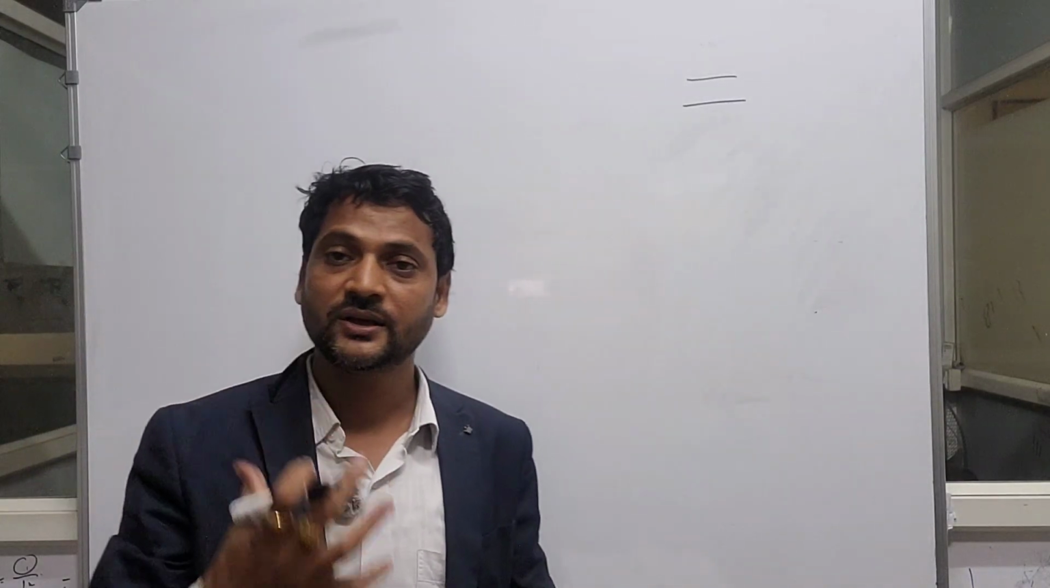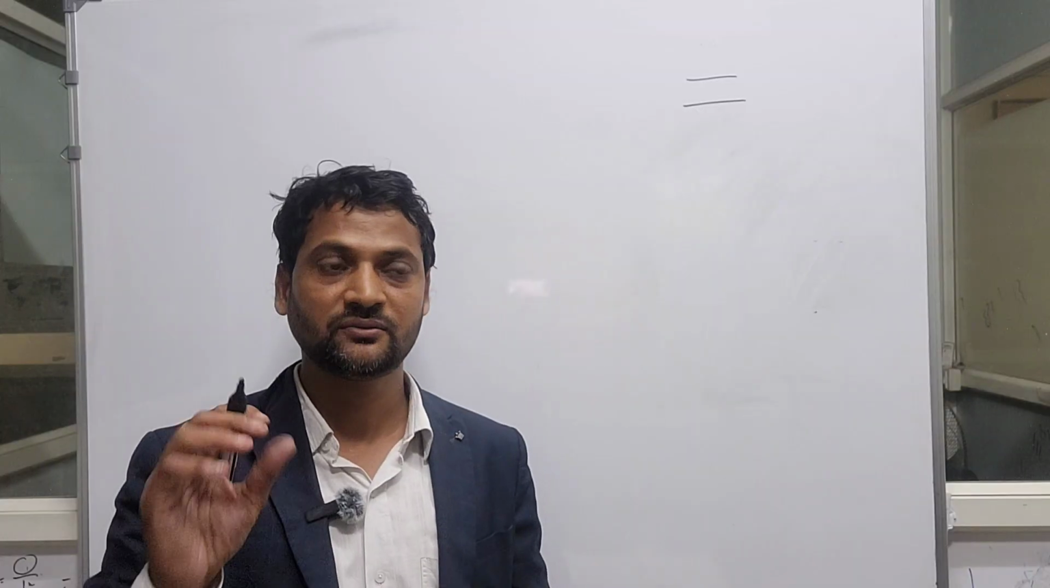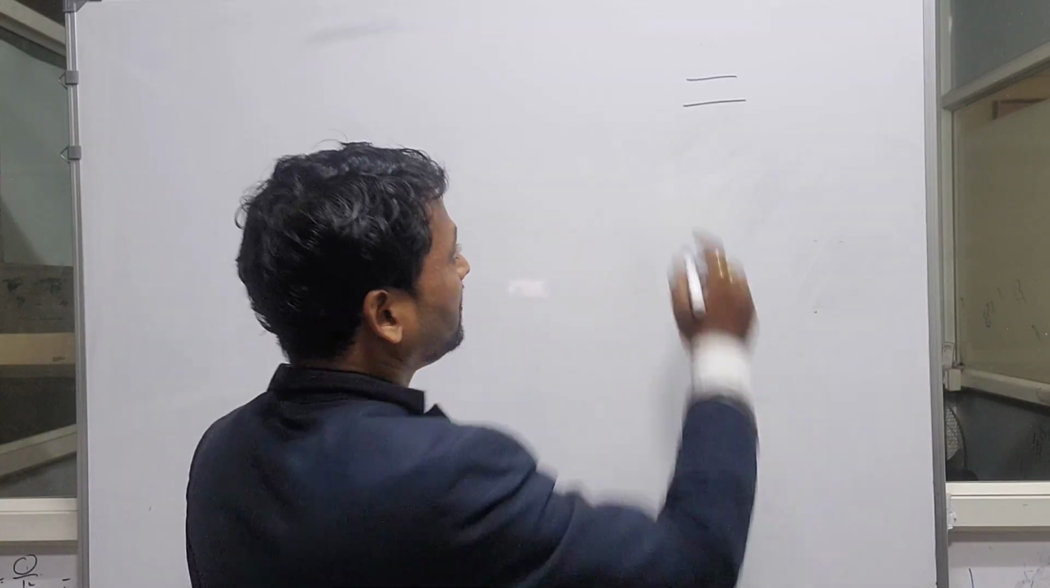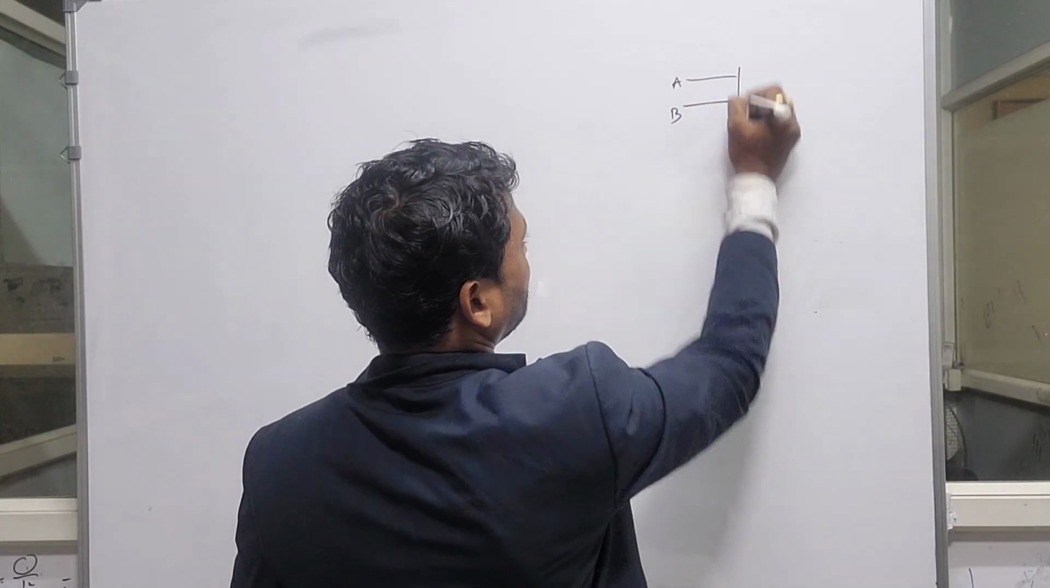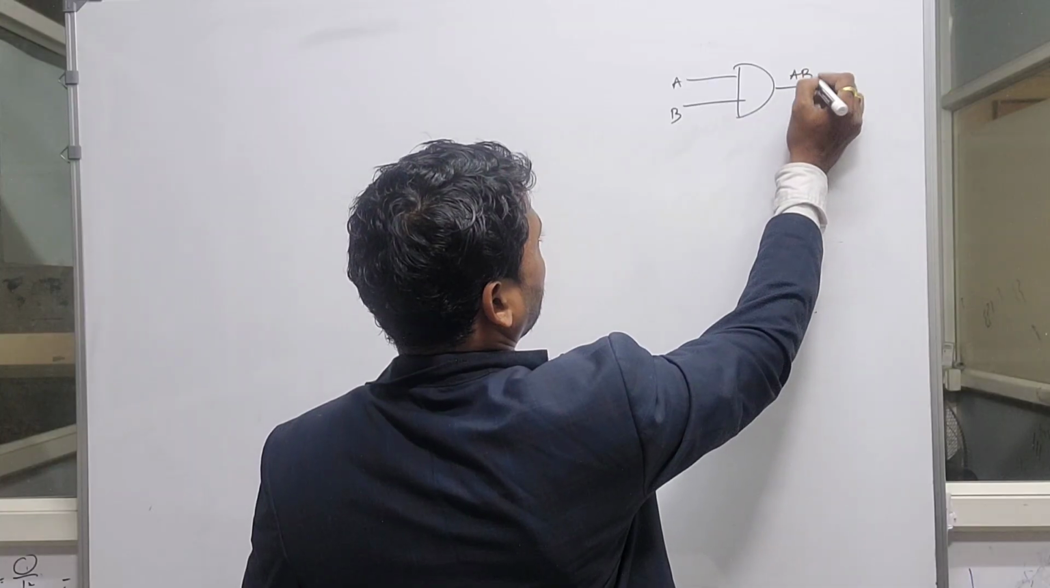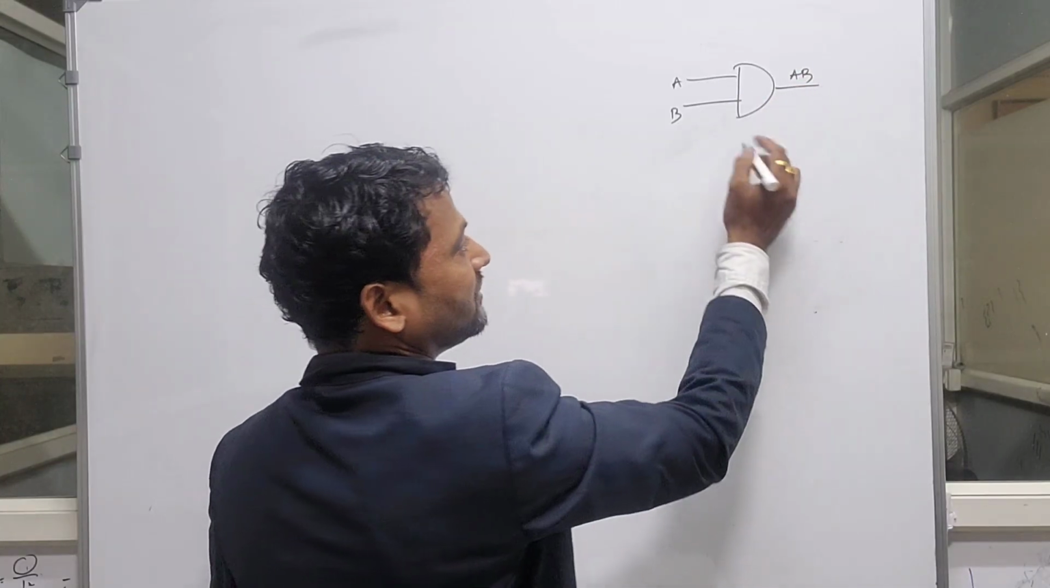What I would suggest about the logic gates is that you should remember the truth table of each and every gate, starting from the NOT gate, OR gate, NOR gate, AND gate, NAND gate, XOR gate, XNOR gate. These are very basic things you should know. So what is an AND gate? If there are two inputs,